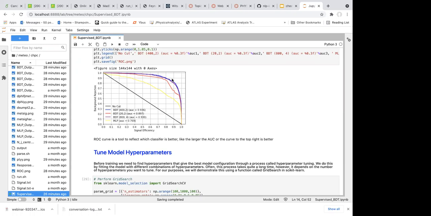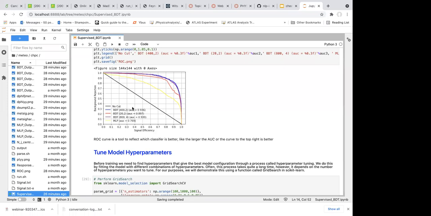We also have some other criteria, for example, the AUC, the area under the curve. You take the integral under this curve, like the yellow or the red curve. The greater this area, like this one, 0.936, versus this one, 0.930, the better the method is. So this depends on your criteria.